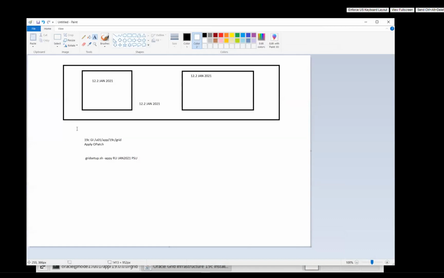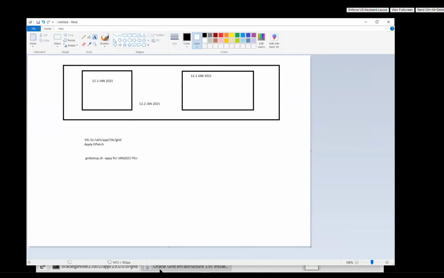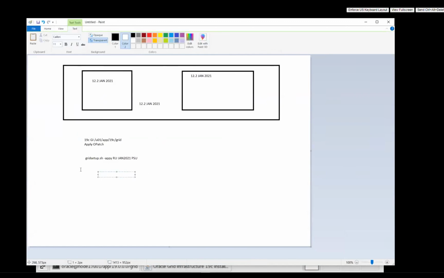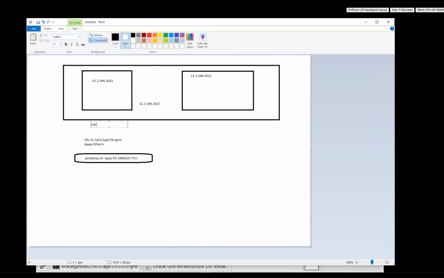What happens if you don't follow this particular step? It applied the latest January 2021 patch, and when you do this grid setup now, your 19c grid will be ready with the Jan 2021 patch. Suppose you have not done this step, and you install your 19c binaries here. It is the 19c GI home now, and again here also it becomes the 19c GI home. You have already upgraded to the 19c GI home.